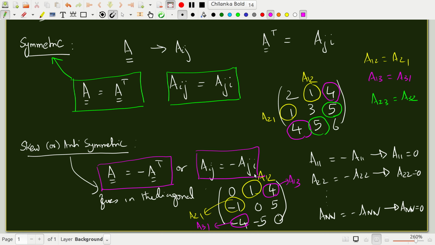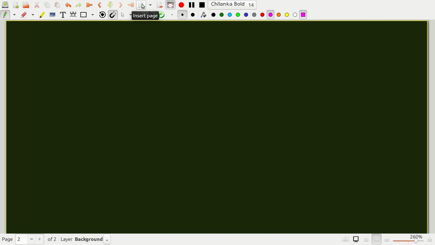Okay, so these are also very important. For example, in the context of fluid mechanics, you can write the velocity gradient tensor as a sum of symmetric and antisymmetric tensors, and they have important physical implications. So right now we'll just tell you that such decompositions, such classifications, are very important.